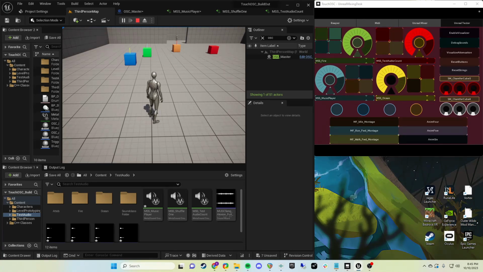So let's start by looking at the dials. The green dial is my first sound. That's the fire sound that we experimented with. Then I had this test audio count. Then I have a music player, and then I have the ocean. Let's start with the fire here. So if I click this,